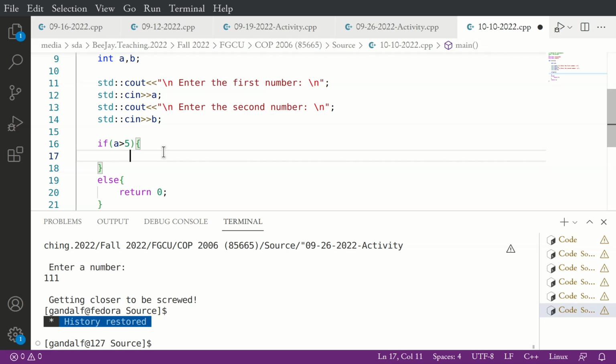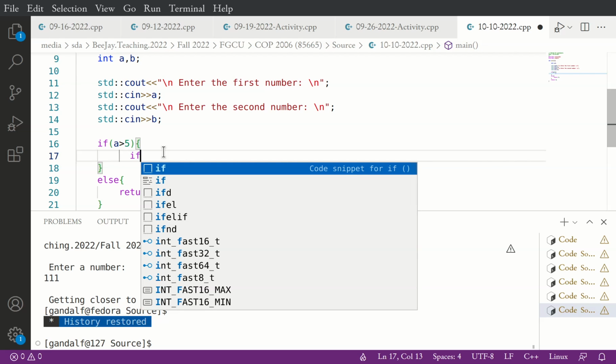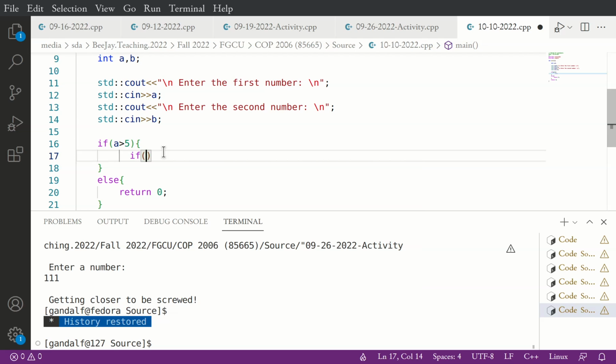Within an if we can define another if statement, and by all means I can put thousands of if blocks within if within if within if. Do you believe that it is a good practice to define if within if within if? In other words, nested if? No, absolutely not. It is not good programming practice. At most 2 is okay, but anything past that, not okay.